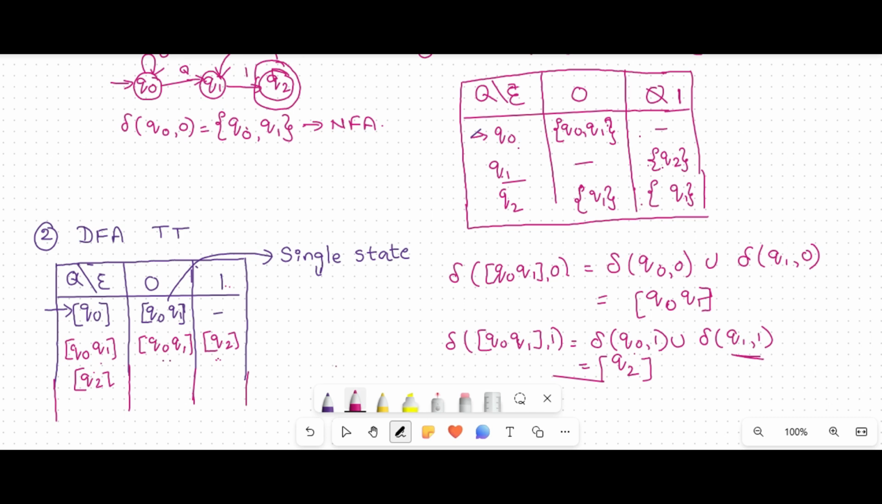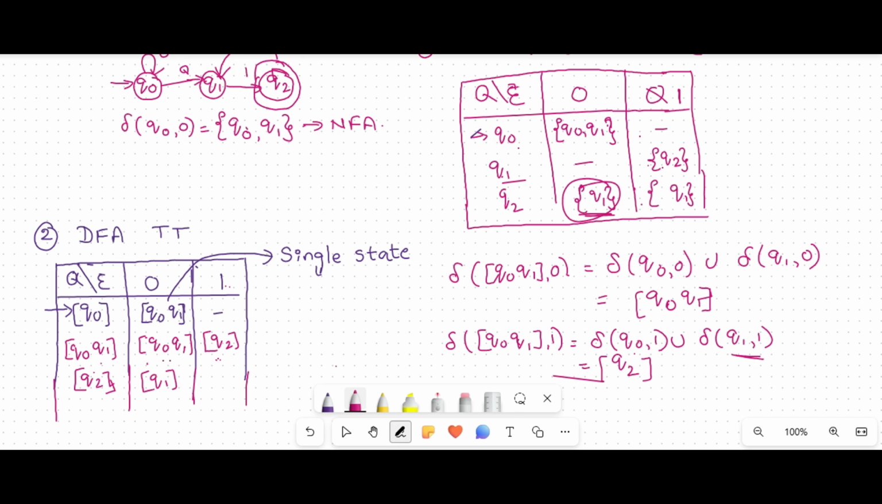Okay, next Q2 with a 0. See the NFA transition table. Q2 with a 0, what is the transition? Here Q1 is there. So here we will write